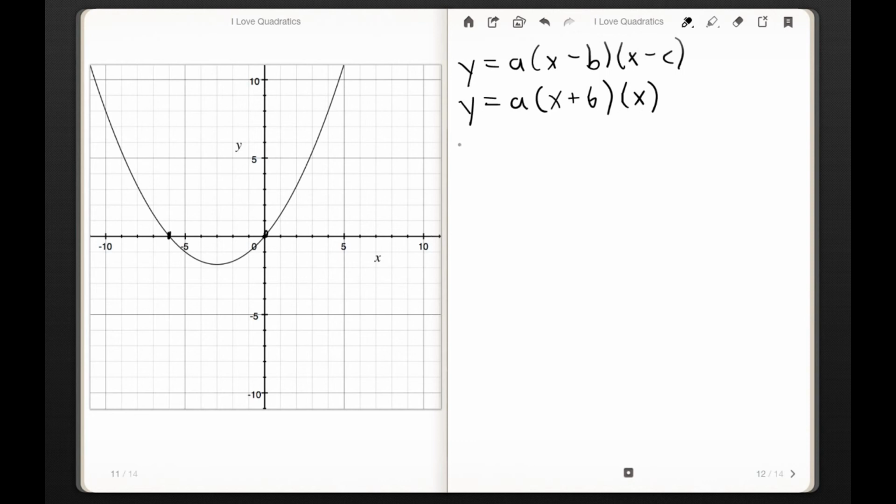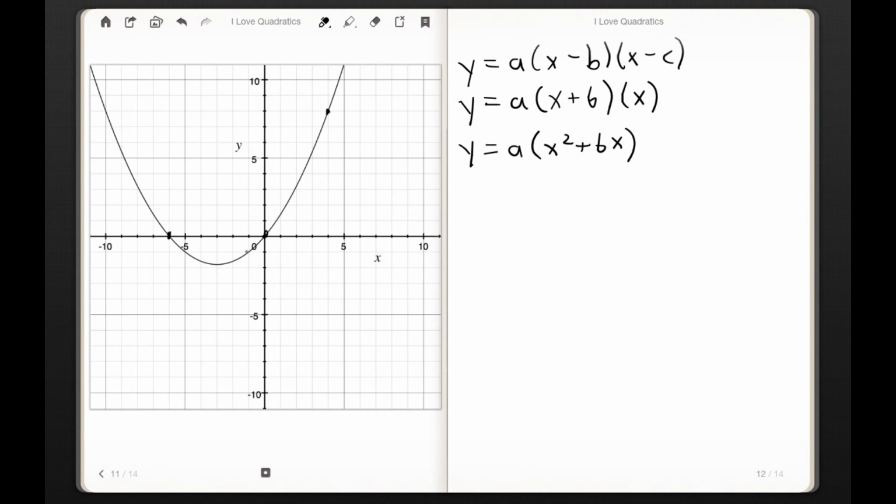And we can simplify this out a little bit. A times x squared plus 6x. So now we have to solve for a. But since we don't know what the vertex is, we can't use that pattern to find out how much the y value is increasing. So we're going to have to solve for a algebraically again, which means we pick any other point on this graph that we can clearly see and substitute the x and y coordinates into this equation. So let's see if we can find a point right on the grid lines. That would be something like that one right there,